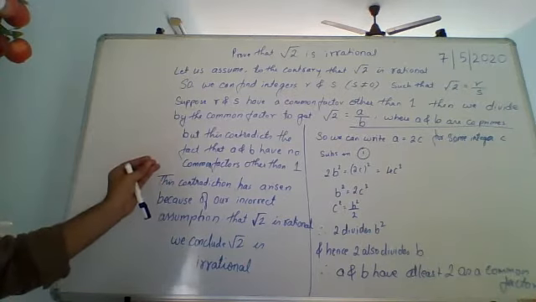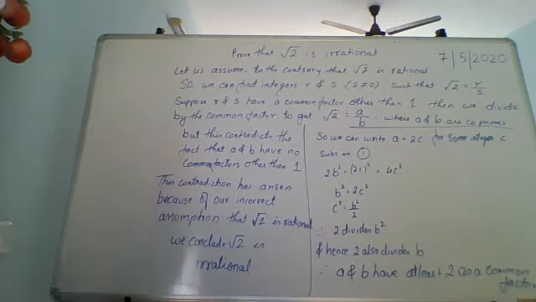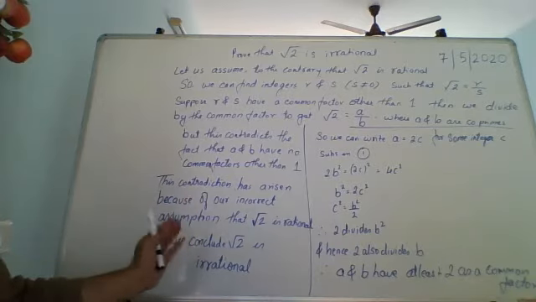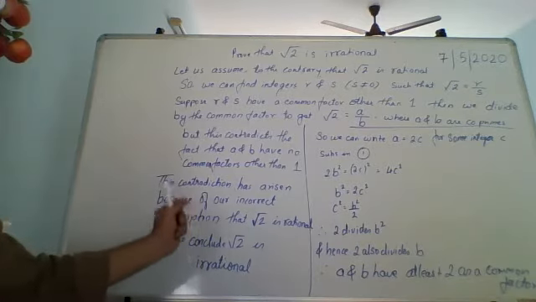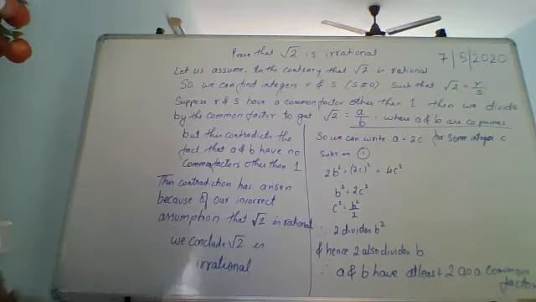And 90% of the time, this one question will come in your exam. In the school exam, it will come 100%. In PT1, or whichever is your first test, this question will definitely come. It may not be 2, they might give 5, they might give 3, they might give something else like that. Okay, I'll not show root 5, I'll show root 7, because 5 is already part of 1.3. If I do that, then one more sum of yours will be reduced.